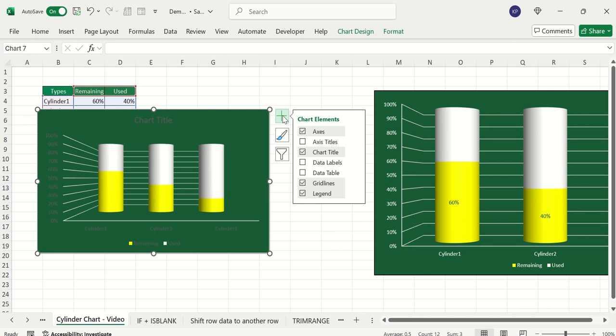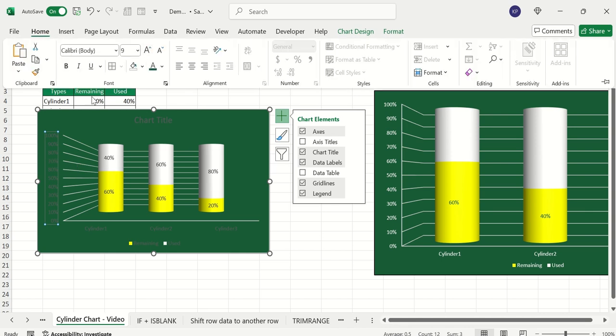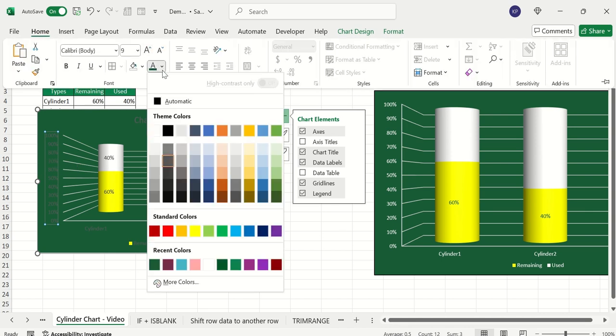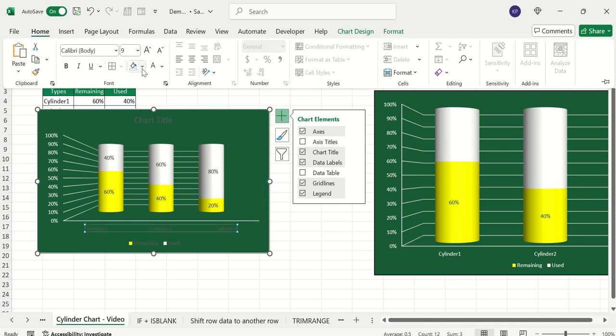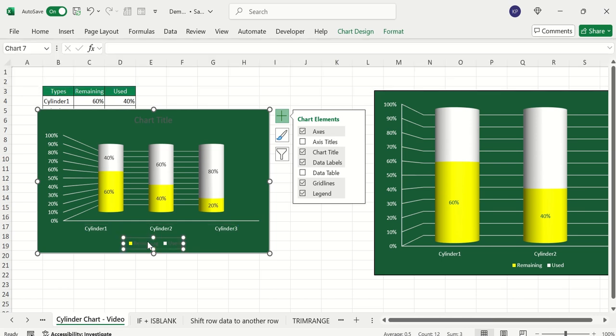Now just click on the plus icon, click on data labels. The data labels are all highlighted. I want to change the x-axis and y-axis data labels. Just select the two vertical labels, color white, and here also on the x-axis. Click on white